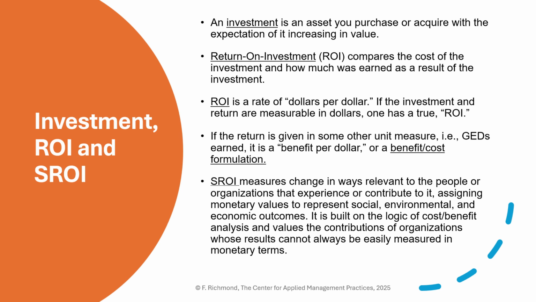You also have what's called cost benefit. You're familiar with that? I spent X number of dollars. How many, in this case, GEDs were earned by funding a school program? So it's $1 related to the service. The first one is return on investment, dollar per dollar. The second one, dollar compared to the service. And the third one is SROI.